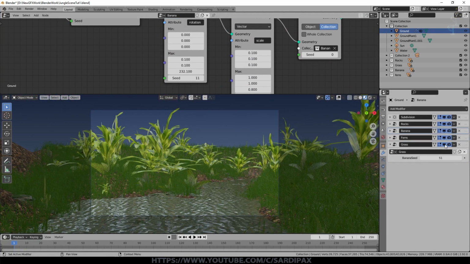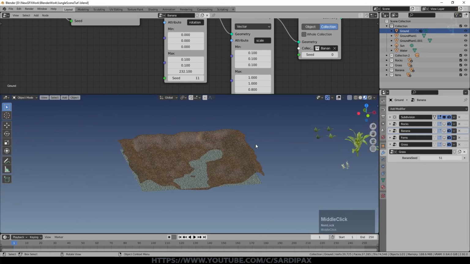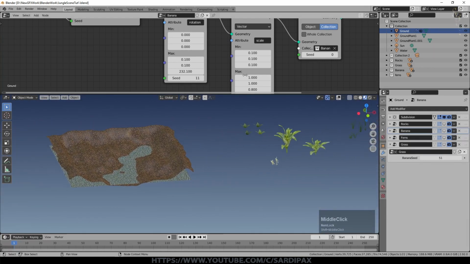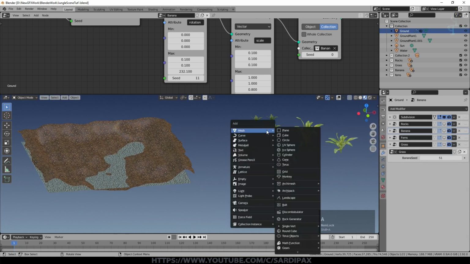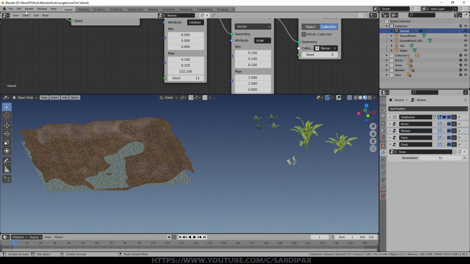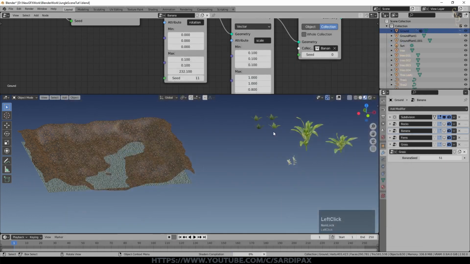So finally, we need to just add some trees. I use the sapling generator. You can model your own trees however you want to do it, but you need to make several different versions. I did add a few more different plants into the scene as well. This is just the tutorial version, as it were. But I'll append some more assets, which is now going to be some trees. Some of them had leaves and some of them didn't. So we'll append those. There they are.